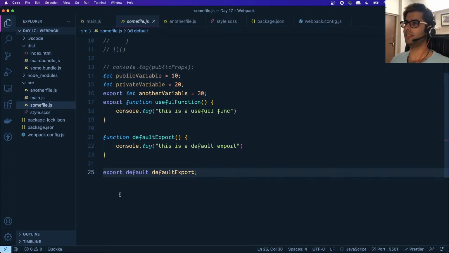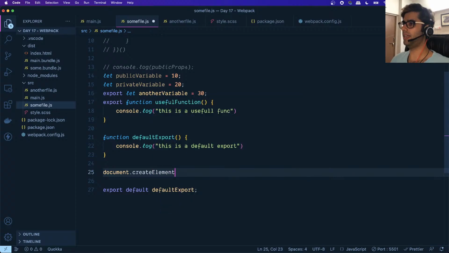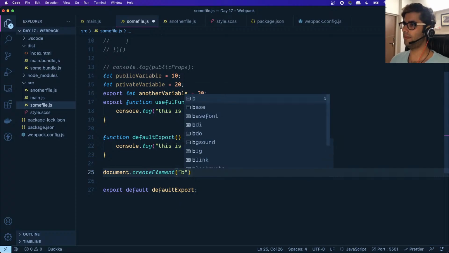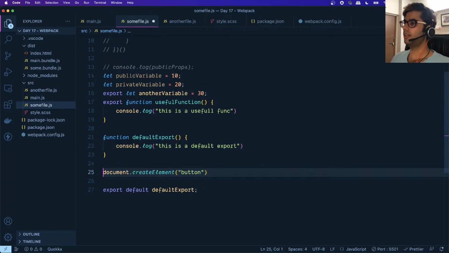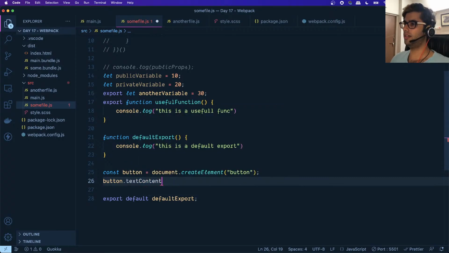So let's just say we have this functionality over here that when this file is loaded, we want to create an element. Let's create a button, right? And let's take the reference of this element in this variable, and we want to say button dot textContent equals click me,